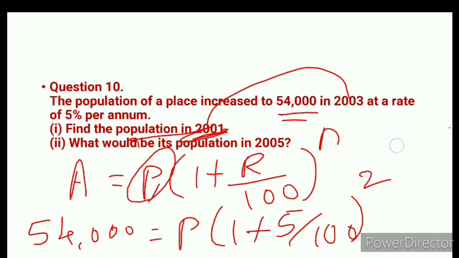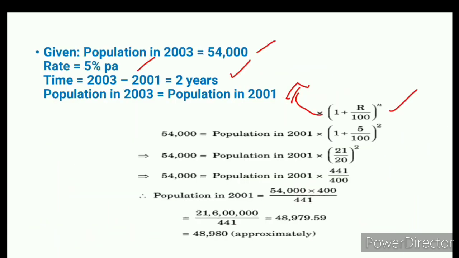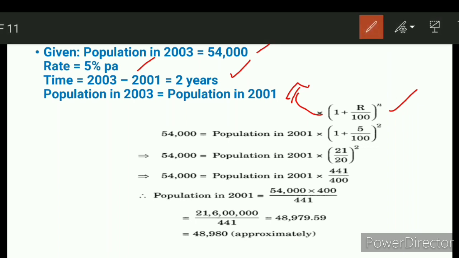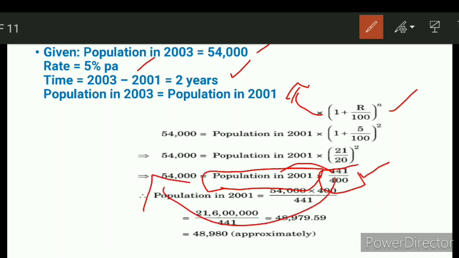After that, substitution, and then 21 by 20 squared is 441 by 400. After that, what should we do? These two are in multiplication. No, this is one term: population in 2001 is one term, and this is another term. When you shift this side, it will become a division. Got it? That is 54,000